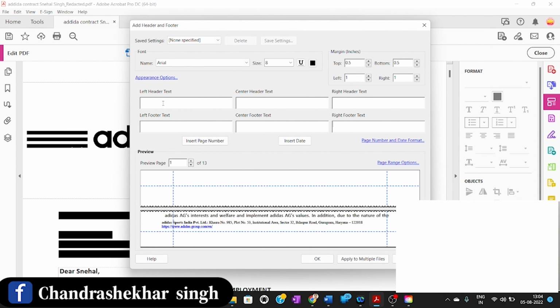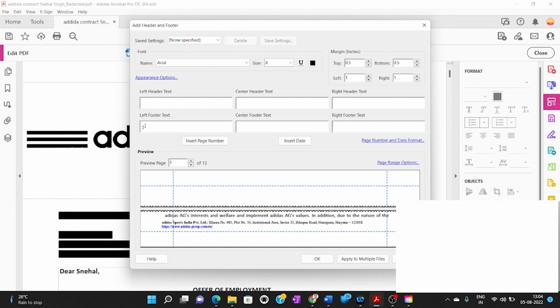So we can add header at 3 places, left, center and right, and footer also at 3 places, left, center and right. So let me add header at center. Click here. Now type the header you want to add. So let me type